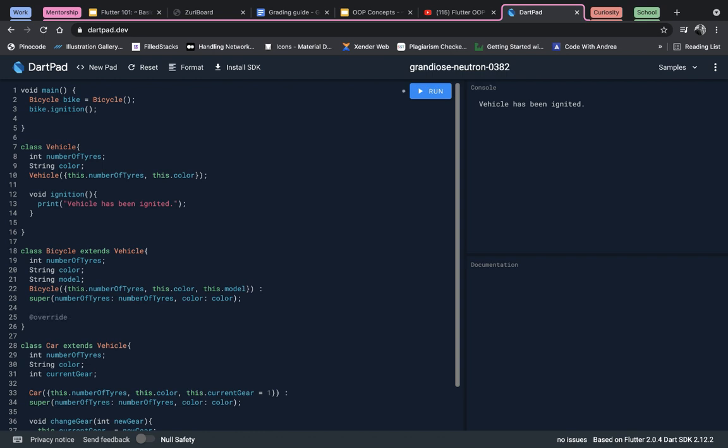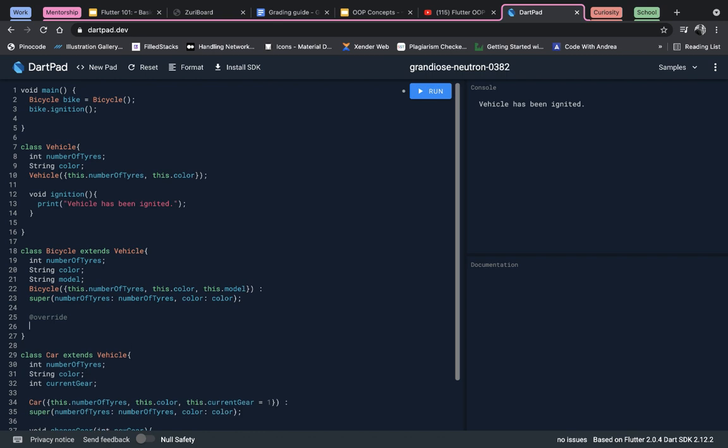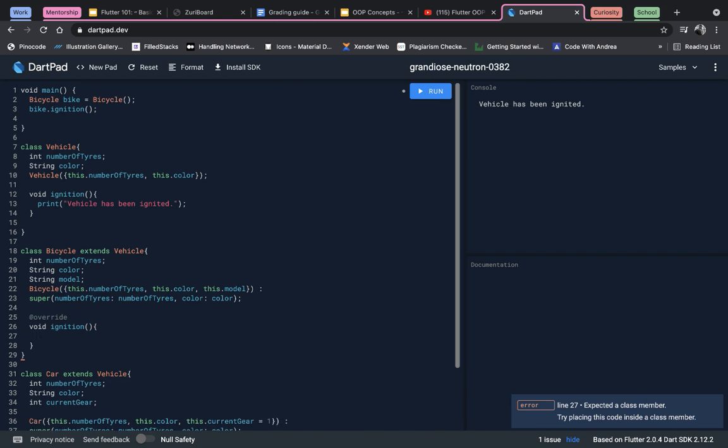This is how we override in Dart. Then you can retype that method, void ignition. Then we change what we want to happen when ignition is called. So we can say bicycle